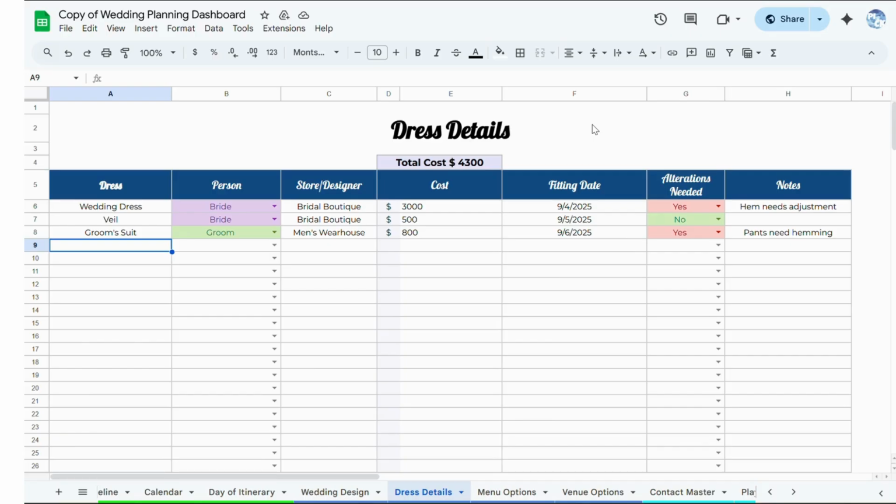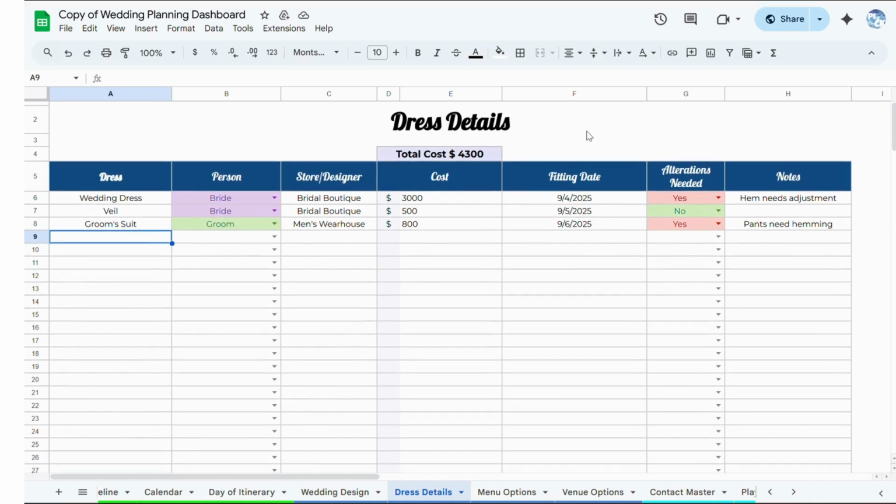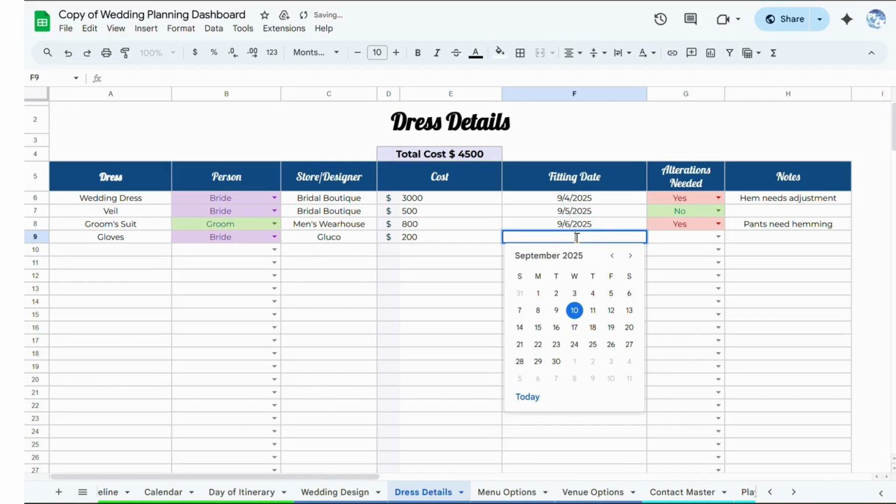Now we move to the next tab, dress details. So here you can enter all your dress requirements and their cost to manage it better. So here I'll show you how you will enter data here. So suppose I have to buy gloves for bride. Store name is Gluco and it will cost around $200 and I don't need a fitting date, but if you